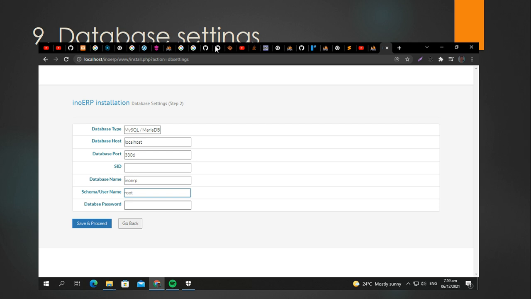If you are using XAMPP or another MySQL application alongside ERP, the database port should be different, it should not be the same. Next, the database name should be ERP, since the database I created recently is ERP, and the username should be root and there will be no password. Then next is save and proceed.